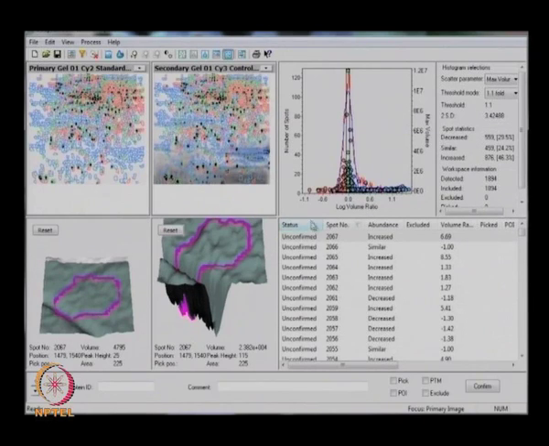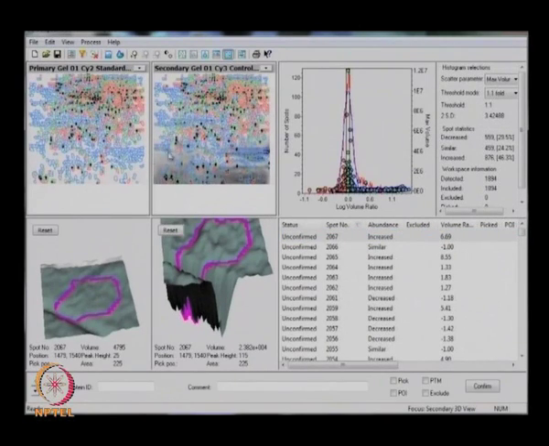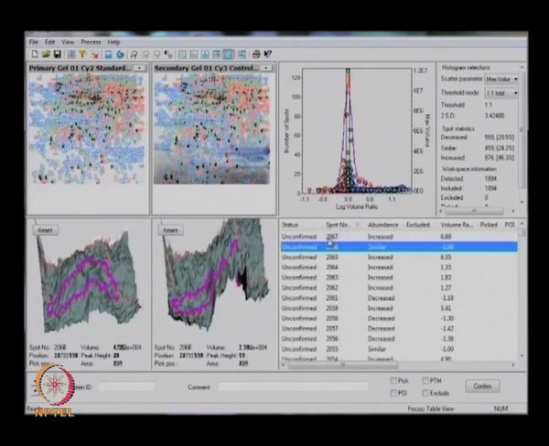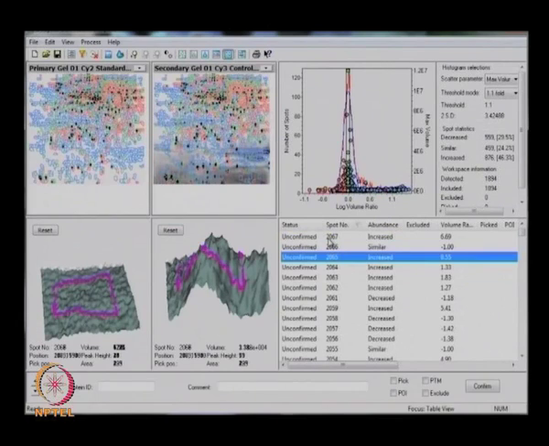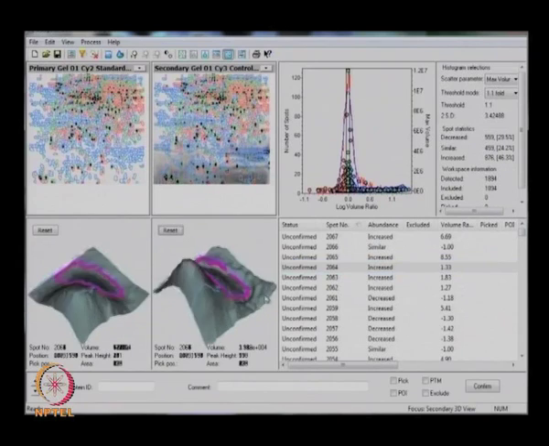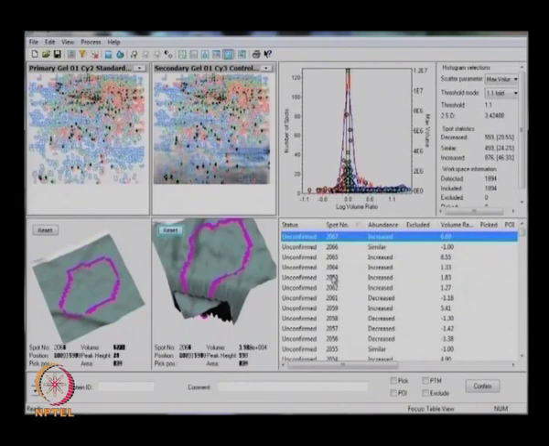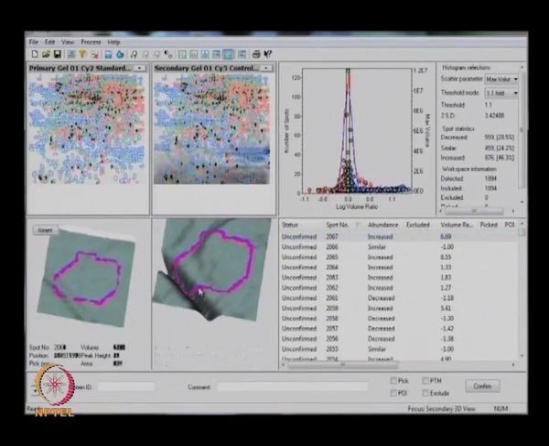Now you can go through each and every spot and see the 3D view of that particular spot. You can select any one, go one by one, and see whether it is exactly a spot or some background. If it is background, you have to remove it. Suppose this is background, so there is no spot at all, but still some background is detected.